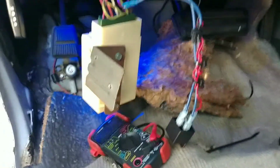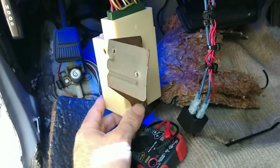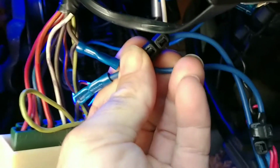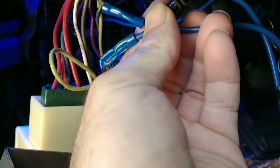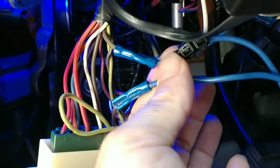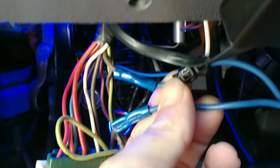Okay, so I think I figured out what burned out the last headlamp amplifier. There's an aftermarket alarm in here. Okay, and you can kind of see it right there, right? Well, the parking lamps were tapped into this brown wire right here. Whenever you arm the alarm and disarm the alarm, the parking lamps flash. Well, what that in turn does is that means that the alarm for a brief second is backfeeding voltage into